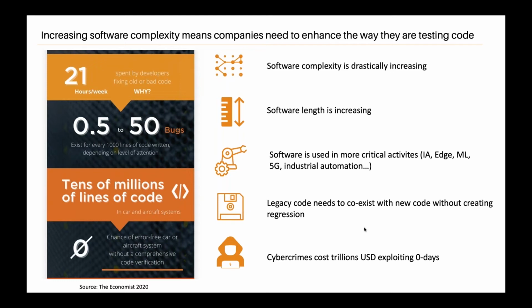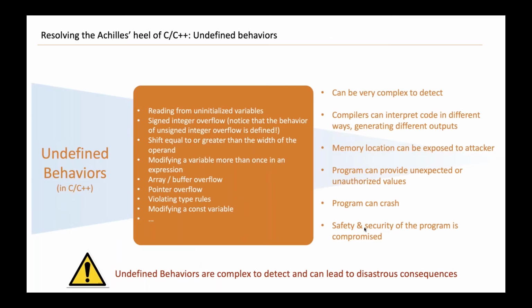So it's very important, according to us, to analyze, to verify, and to make sure that there are no vulnerabilities or bugs or issues left in all that code deployed in all these industries. What we are really focusing on is identifying and correcting what's called undefined behaviors. Undefined behaviors are small issues that can exist in the source code and can really be exploited